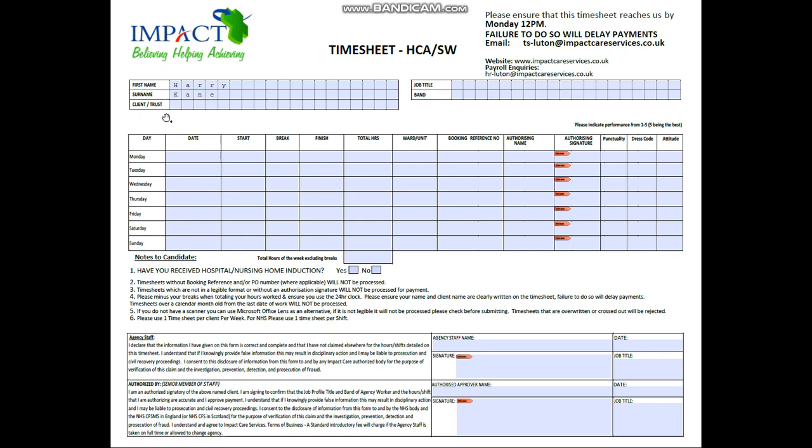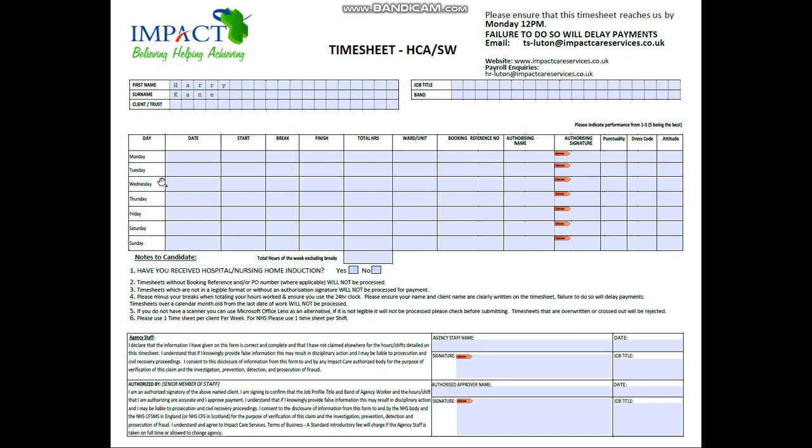Okay? So starting off, as you can see, there are individual days for the individual days of the week. You got Monday up to Sunday. Depending on which day you do your shift is the section that you fill in. For example, today is the 21st of April 2021. So let's say, for example, I was doing my shift today, and my shift was 8 a.m. to 8 p.m., which in our agency we call a long day. So Wednesday, so then I will put the date, the 21st, 04, 2021, because that's the current date, and that